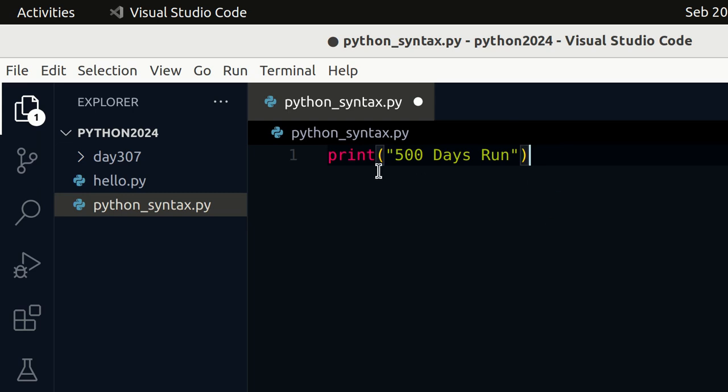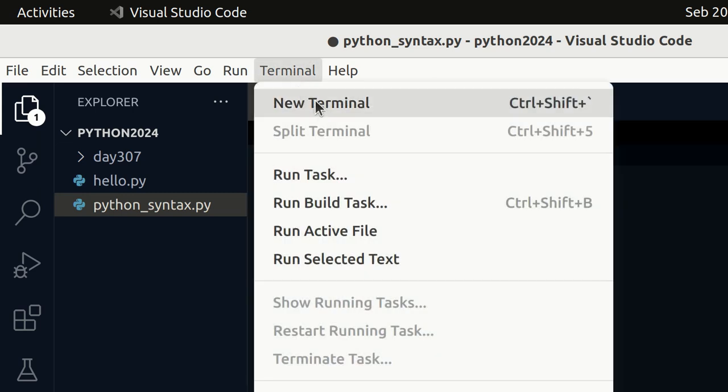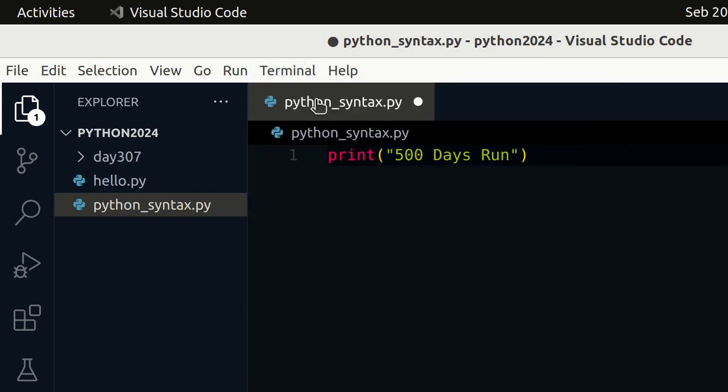To run this code, I'm going to open the terminal and choose new terminal. It will open down here. From down here, let me close my conda to give us some space.